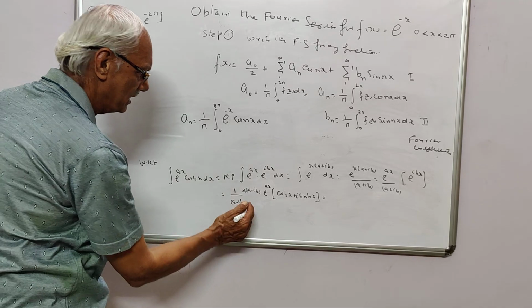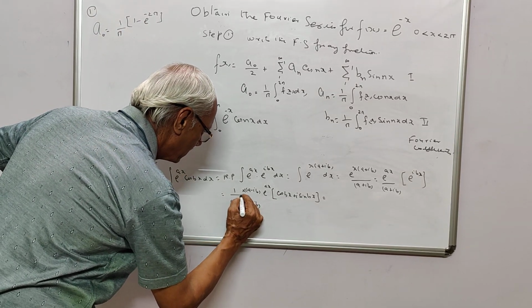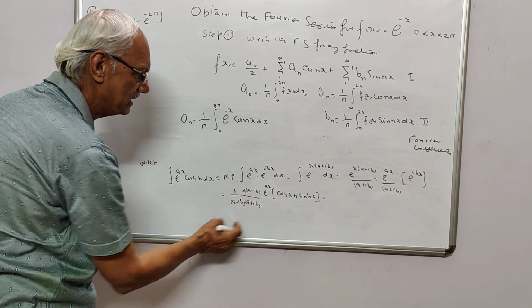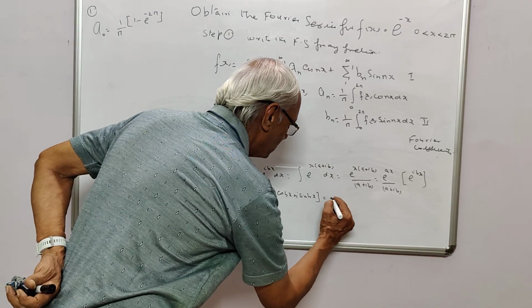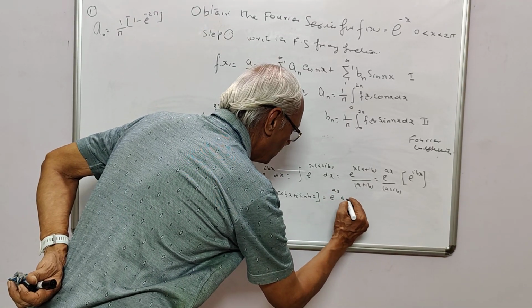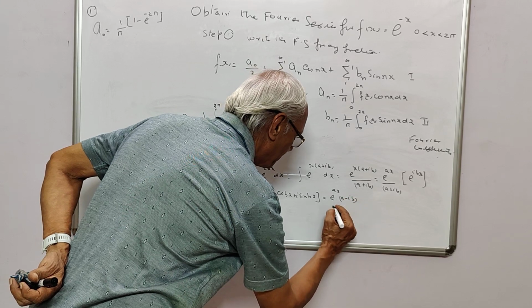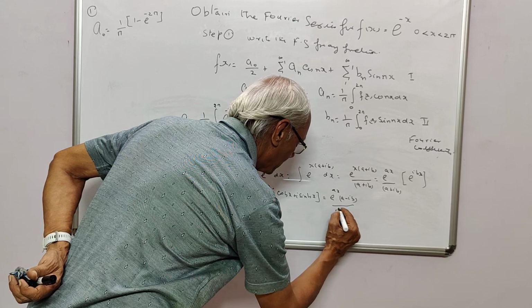Here already a plus ib is there, so you multiply a minus ib into a plus ib, which is a squared plus b squared. So what do you get? e to the power of ax into (a minus ib) divided by a squared plus b squared